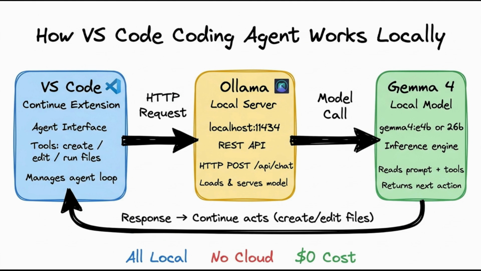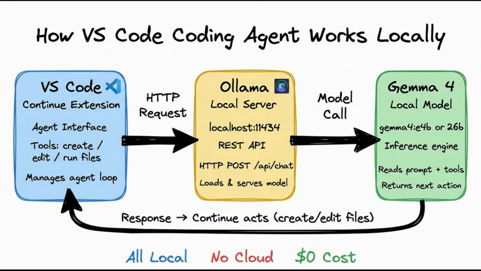Now Continue has 2 modes. Chat mode: you ask a question, it answers, standard back and forth. Agent mode: this is where it gets powerful. In agent mode, Continue can take actions autonomously. It can read and write files, edit code, and run terminal commands, all without you approving every single step. Not just an autocomplete, but a full autonomous agent running locally.